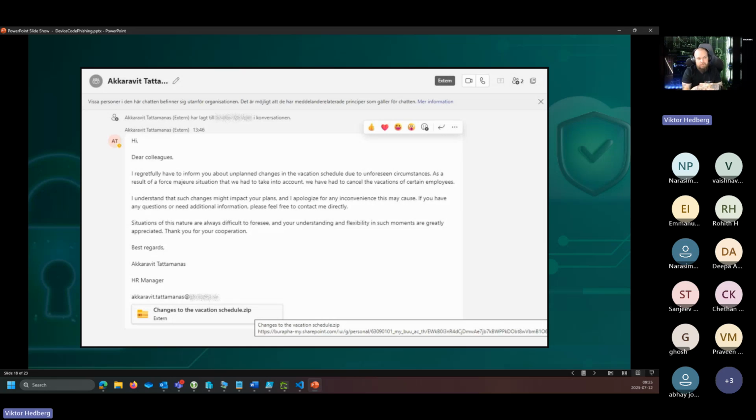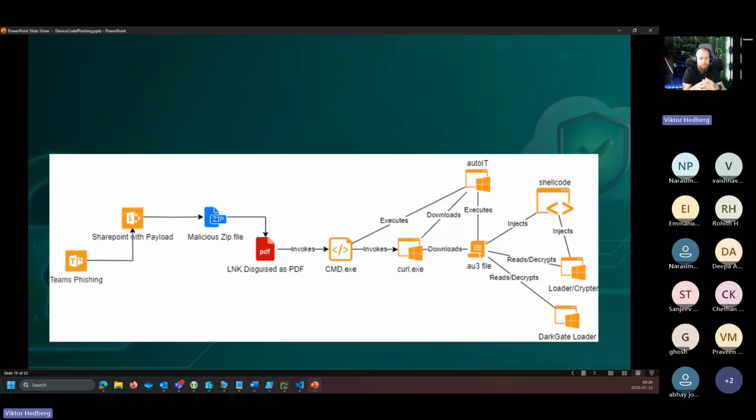Another one, which was a really big one a couple of years back, was that they used Teams to deliver a malicious payload. In this case, starting a group chat circumvented all of the "accept this message from this external sender" prompts. So if I just targeted 15 users at a company, I immediately started a group chat with those 15 users. This zip file was hosted on a Microsoft SharePoint Online site, and it contained